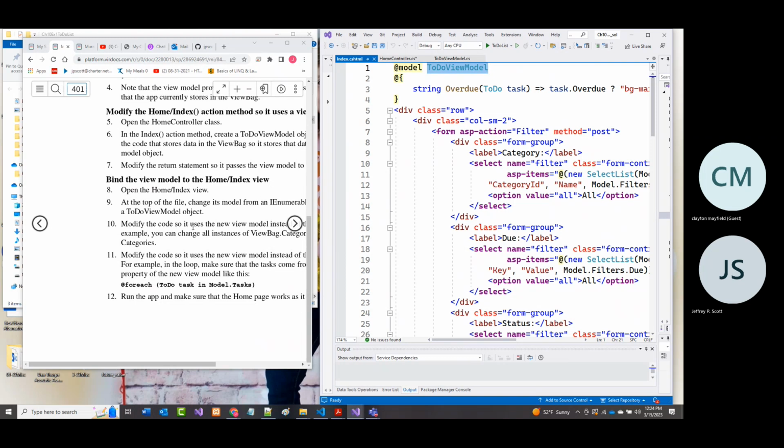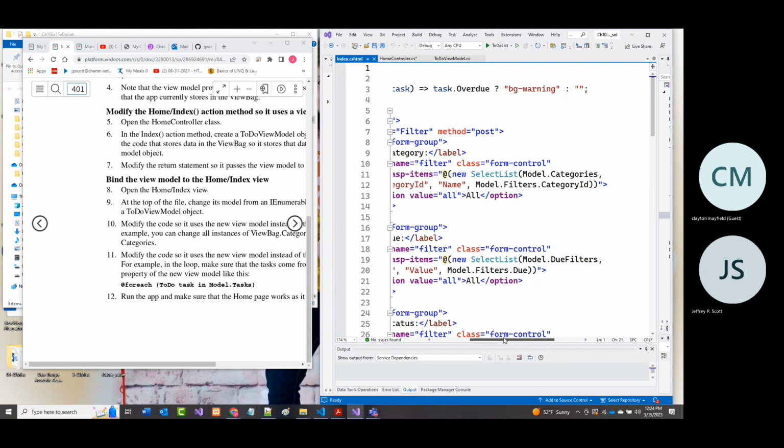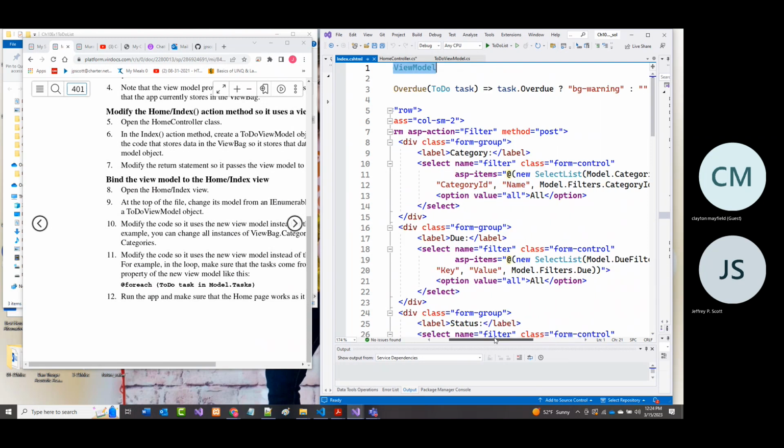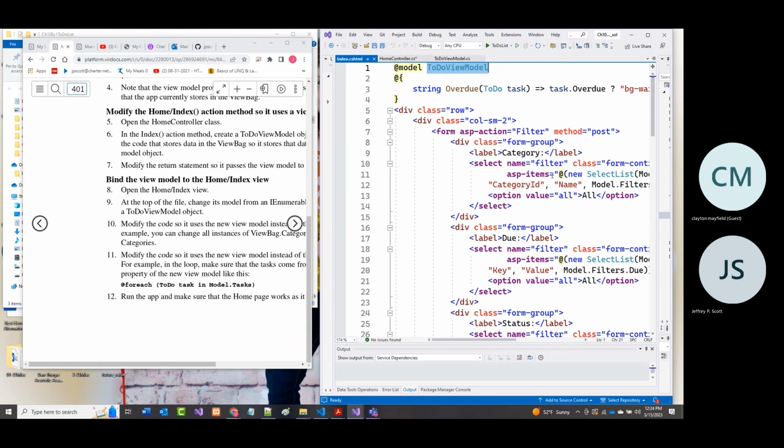Then we're told to modify the code so that it uses that. So again, in here, what you're seeing is model dot. And remember, in the view, typically when we do it this way, it's model with a capital M, as opposed to the way that we were doing it in the controller, where we were using a lowercase m.